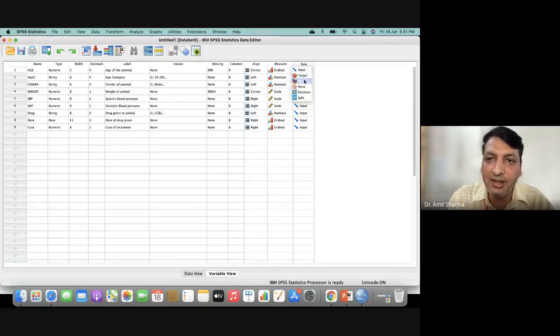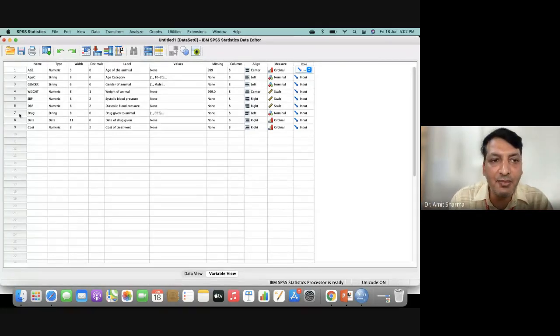So we'll choose both, or we'll choose only age. Most of the demographic profile of the patient, like age, gender, height, weight, which area they belong to, all these things will be considered independent variables, whereas all the lab values will be considered dependent variables.